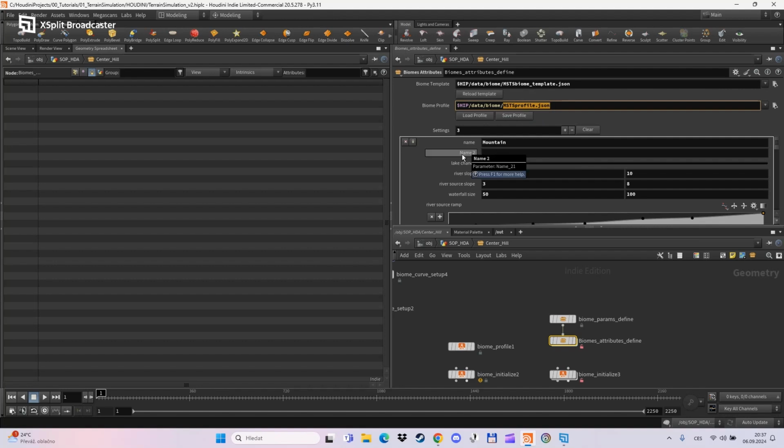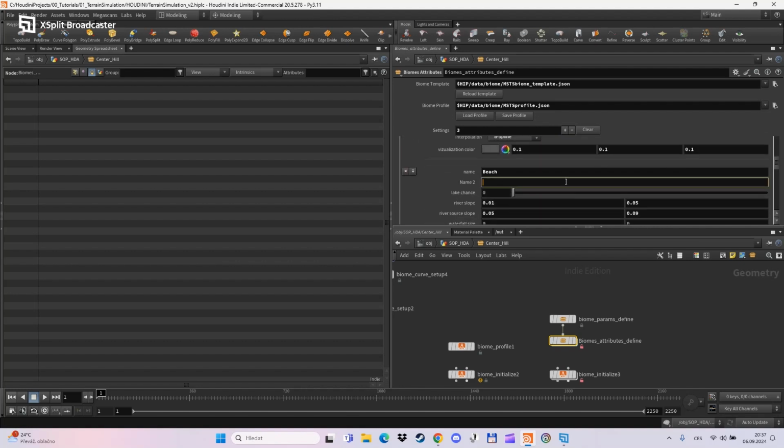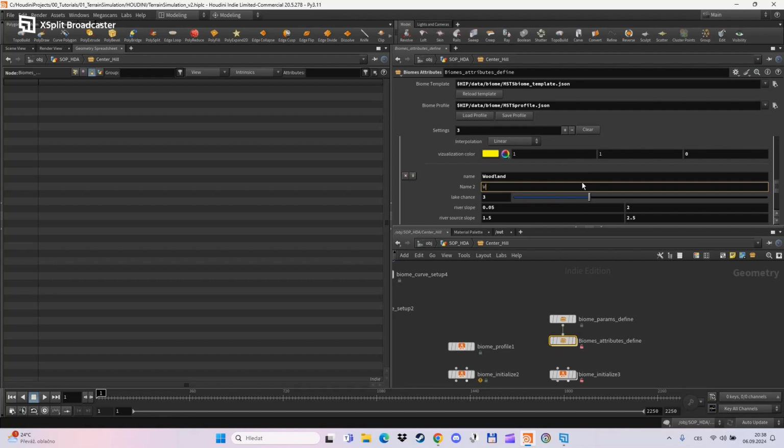So these HDAs will be a lot more powerful and very scalable. So now I can name this attribute: mo, and the beach, be, and woodland, woo. I will save the profile,